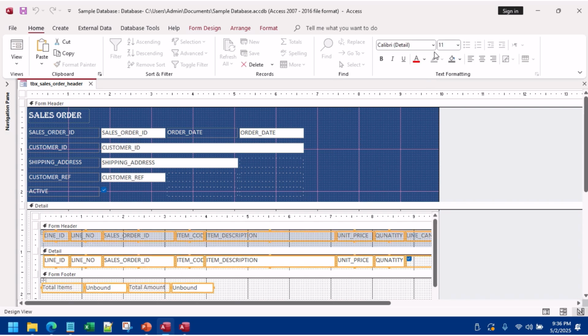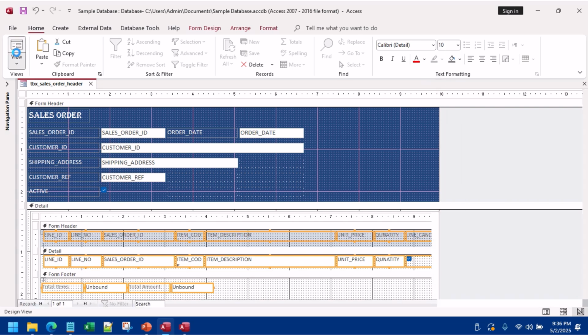Control A, font size should be 9 or 10 minimum, how it looks,